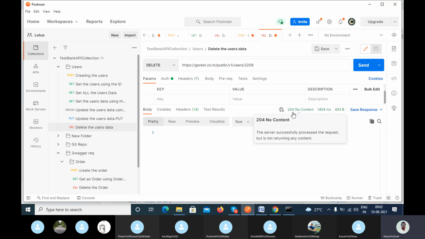Generally, 90% of the time you will get 204 no content in the case of the delete method, because the data gets deleted and you don't want to print anything. If the requirement asks you to print a message, something like data is successfully deleted, user ID is successfully deleted, in that case they will use 200 okay.